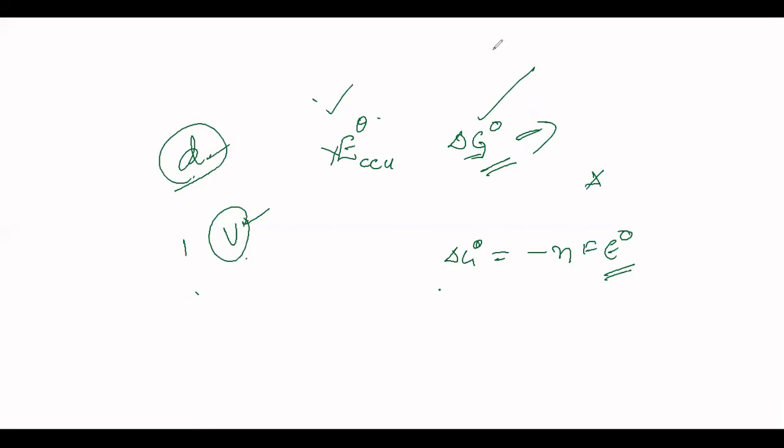Now let's move on to the next question, question number 12. An electrochemical cell can behave like an electrolytic cell when? I told you this in the beginning itself, isn't it? Option 3, when external potential is greater than the cell potential, because you are applying it in the opposite direction, therefore it behaves like an electrolytic cell.